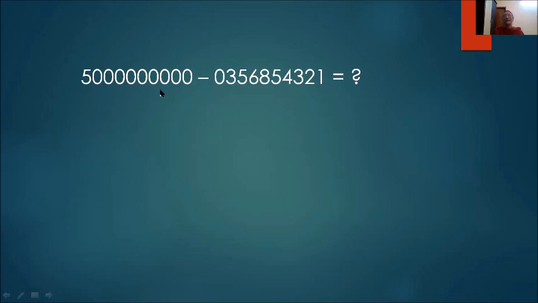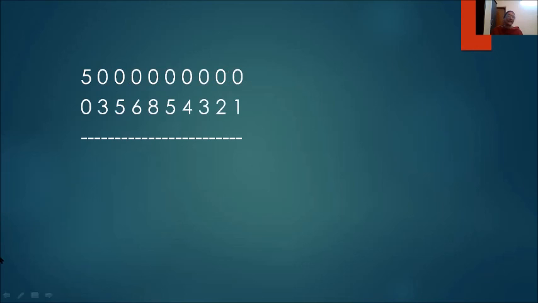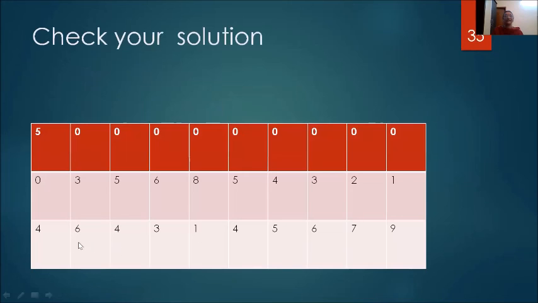And then where do we come across such a situation? If your house is worth 5 crore and the person has paid only this much, definitely this must be the balance that he has to pay. Definitely the number I have created is not something extraordinary. So in our day-to-day transactions, this kind of operation and calculation may come. So here is the answer. First you write like this, and this is your answer. This is a very simple thing.